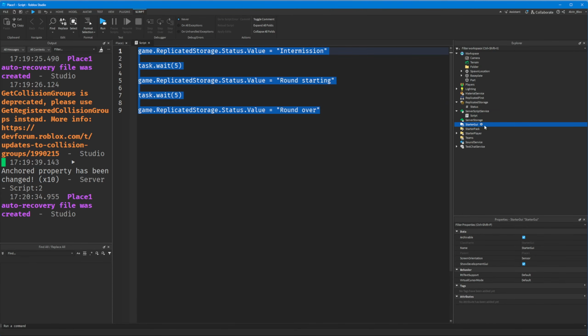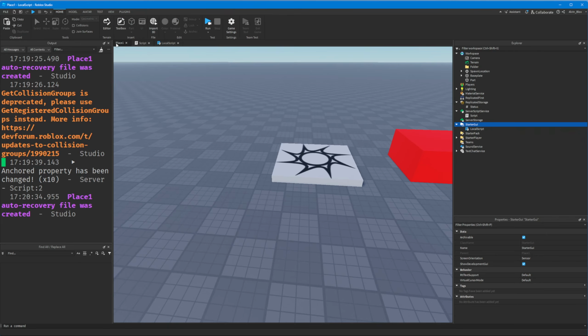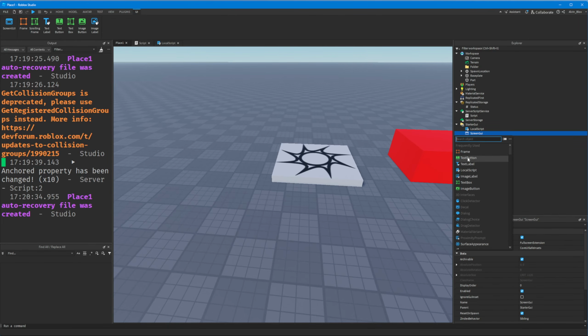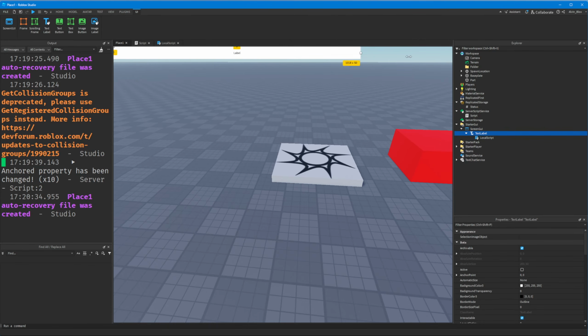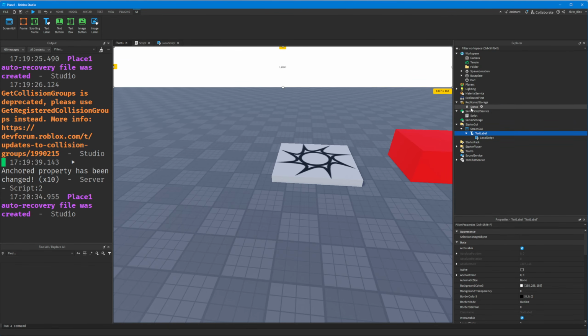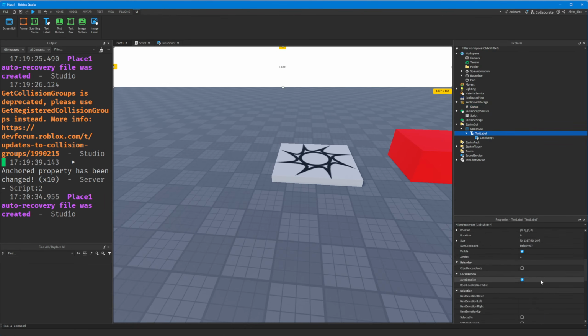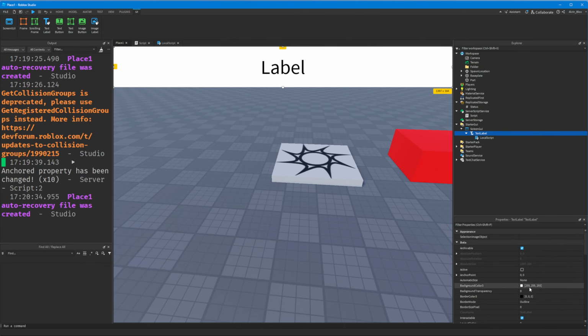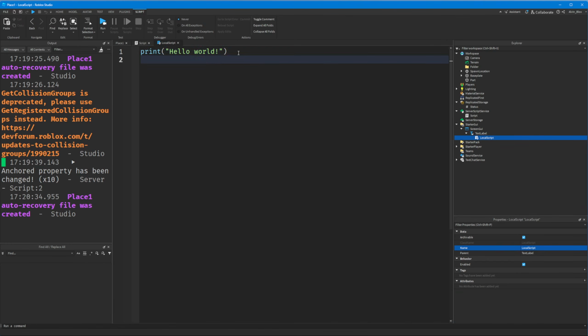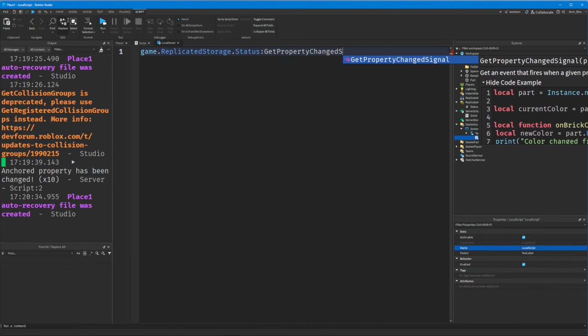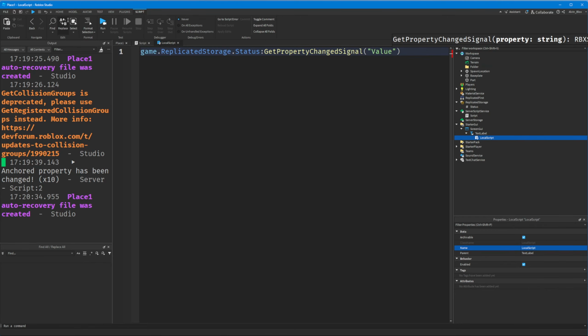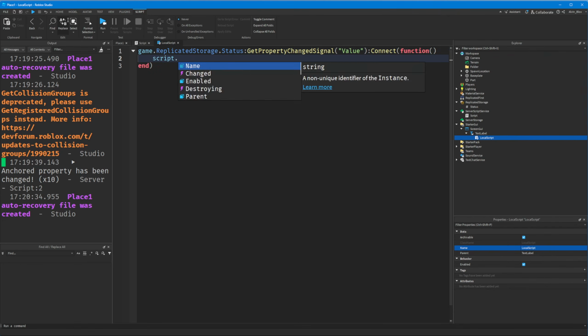And what would happen is then on the client where the GUI is, you'd have a text label, and you'd have a script in there which would listen out to see when the value property of this status string value changes. And when it does change, we want to update our little status bar over here. And so what you do is you would say game.ReplicatedStorage.Status.GetPropertyChangedSignal, because we're only interested in when the value changes, and then we'd connect to a function, and when it updates, we'd say script.Parent.Text equals